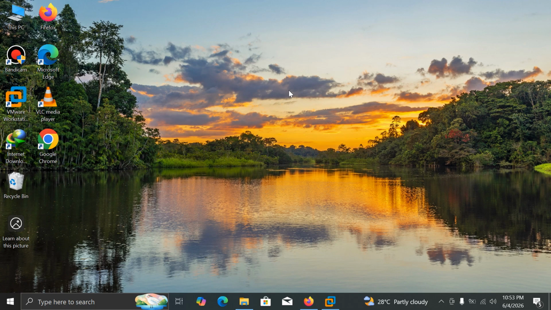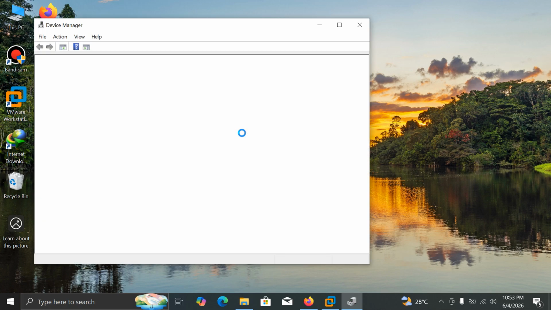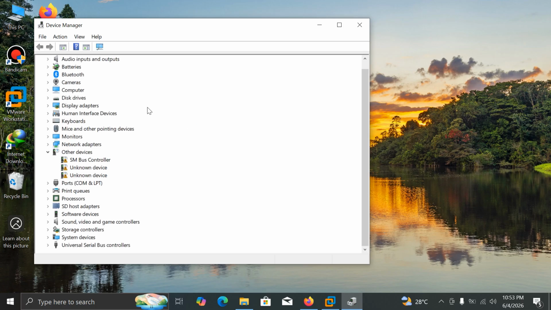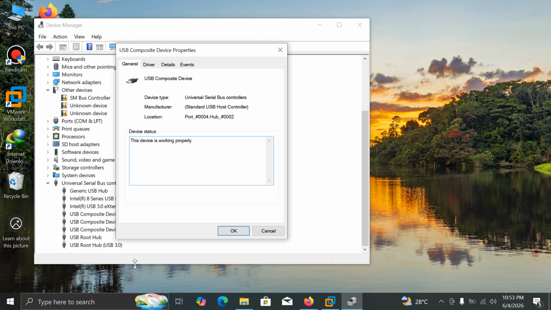So the next method, if that one also is not working, is to turn off Windows USB power management for wired printers. To do that, right click on the start menu, go to the device manager, scroll down and expand the universal serial bus controllers, double tap on it, scroll down, right click on your main USB root hub or USB composite device, like this. Right click on it, go to properties,